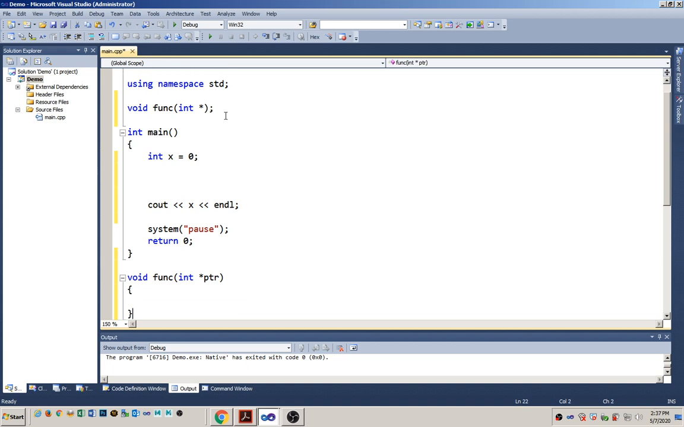So what does this do? Let's just have it modify the value. So we'll just say the value of PTR is now equal to 45. Okay. And then now here, we'll call the function, pass it, and then